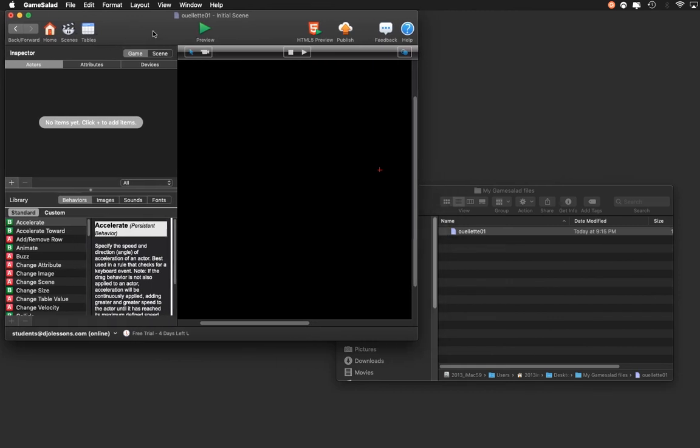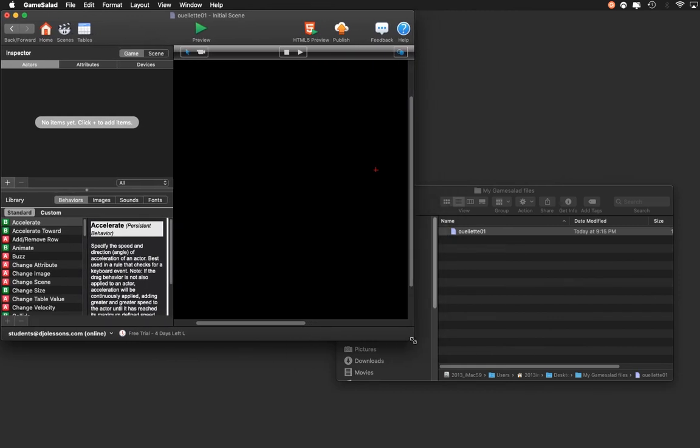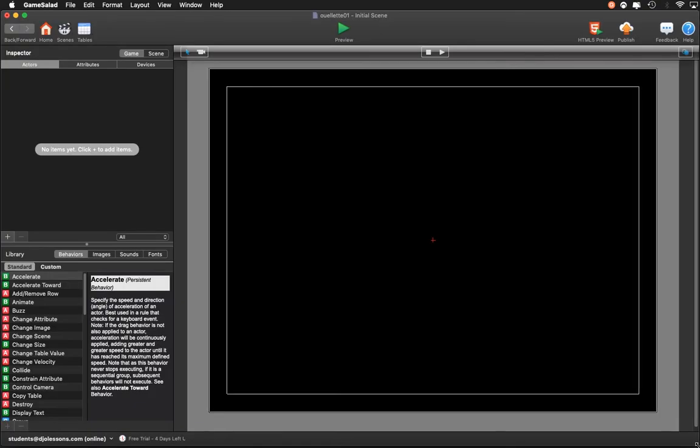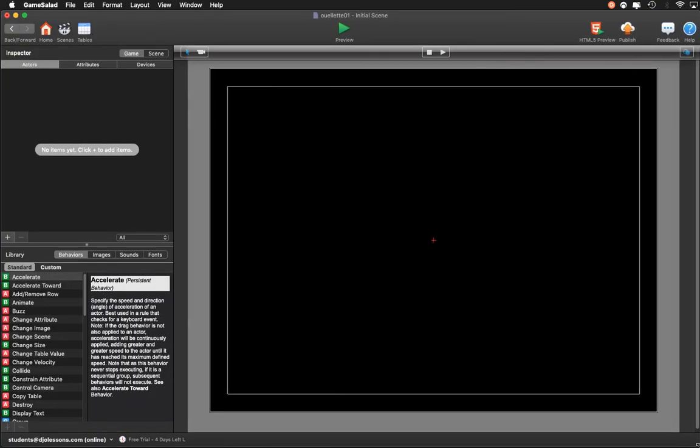So let me just open this window up here and show you the various sections and walk you through creating a little text box with your name in it, if you will. So you can see we've got our large canvas area, our staging area, the screen, if you will. We've got a header bar at the top with some functionality, particularly our preview button. We've got a section over here called the inspector. This is where we're going to basically create our elements, if you will, and then we drag them onto the